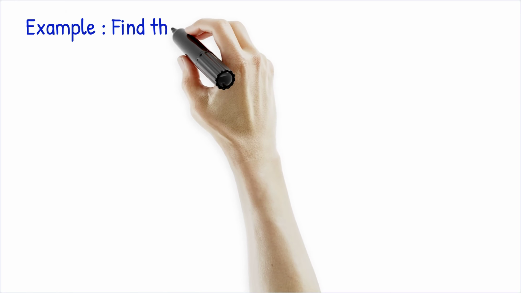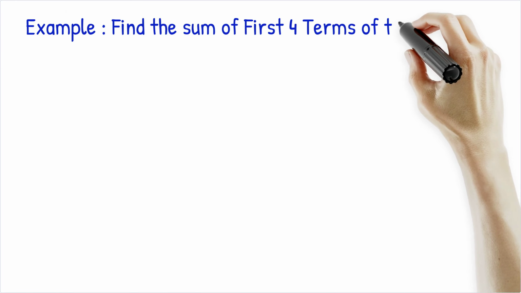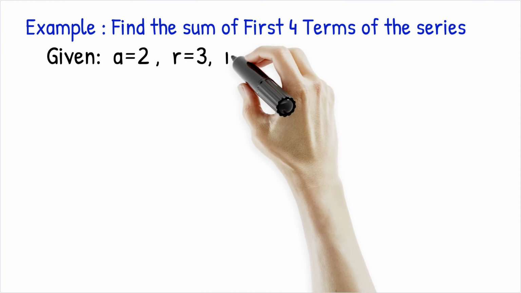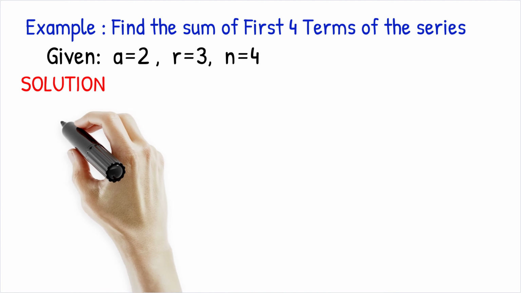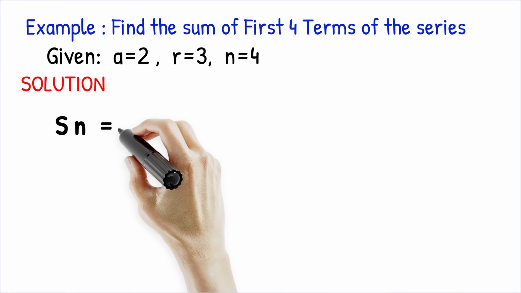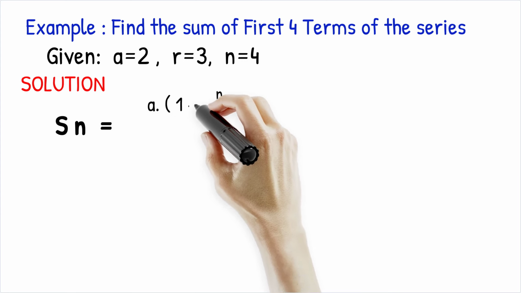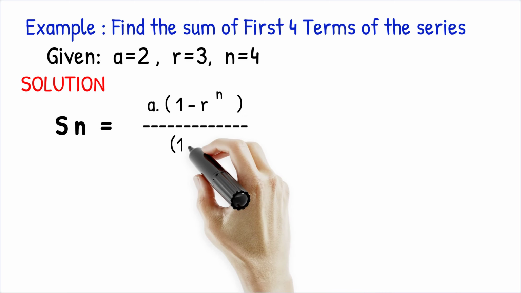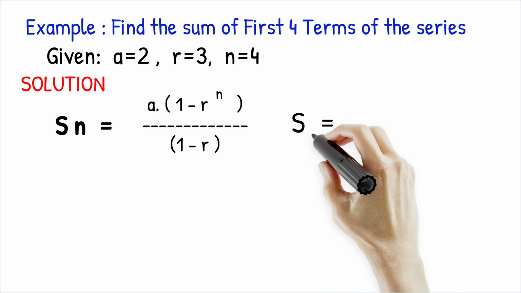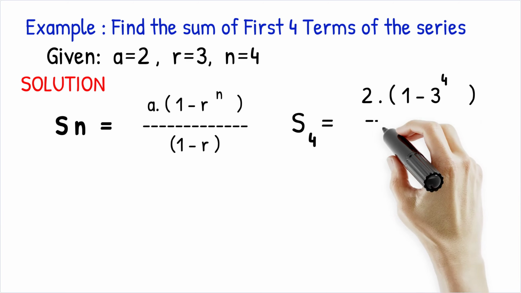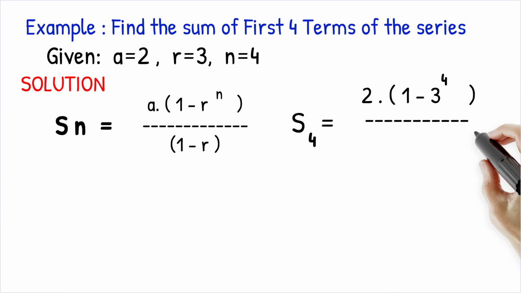Example. Find the sum of the first four terms of the series. Given a equals 2, r equals 3, n equals 4. Solution. The sum of the first n terms is given by Sn equals a multiplied by 1 minus r power n over 1 minus r. Now, substitute the values. That is S4 equals 2 multiplied by 1 minus 3 power 4 over 1 minus 3